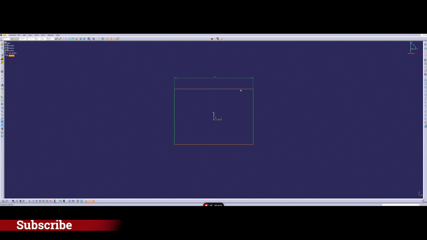In order to choose all these lines, I do it by pressing the Control key. So again, I choose this line, I push Control, I choose the other line, and after I choose the horizontal axis. Again, here I have this command now alive. If I press this one again and I go to Symmetry, you see that I have created a symmetric